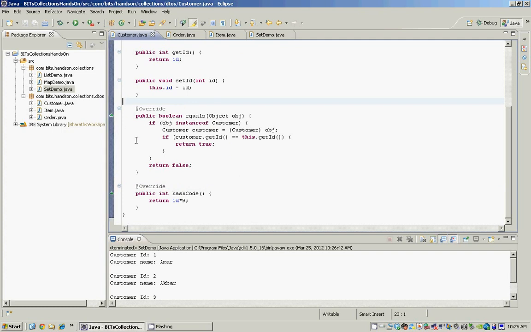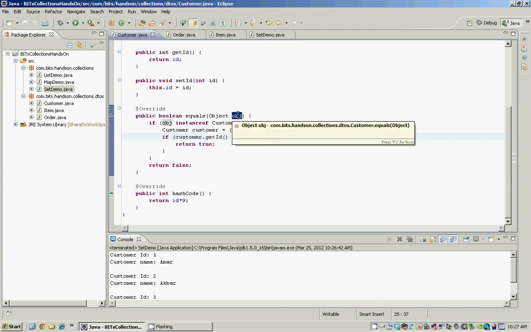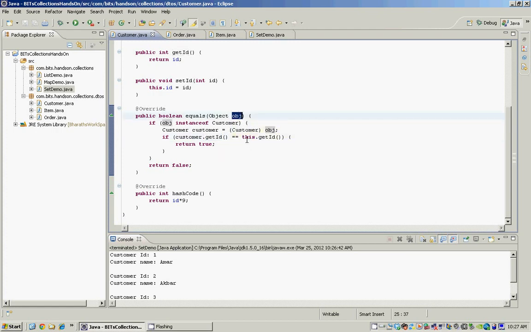So as you can see, the equals method returns a boolean, which is a true or a false. If 2 objects are equal, then it returns a true, otherwise it returns a false. The first line here is we make sure that the object type that comes in is of type customer. You do that using the instanceof operator. If you don't do it, and you try to typecast it, and the object that comes in belongs to a different class, then you will see a class cast exception. We typecast the object that comes in into the customer class, and then we compare the IDs of the object that gets passed in and the ID of the object that is calling the equals method.